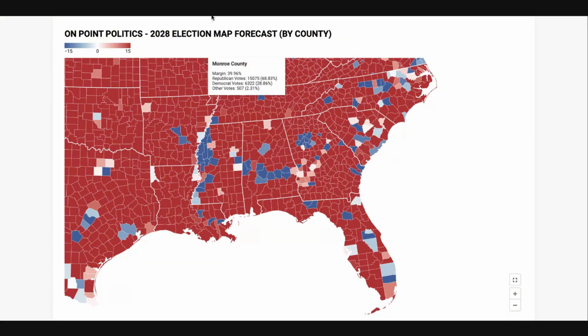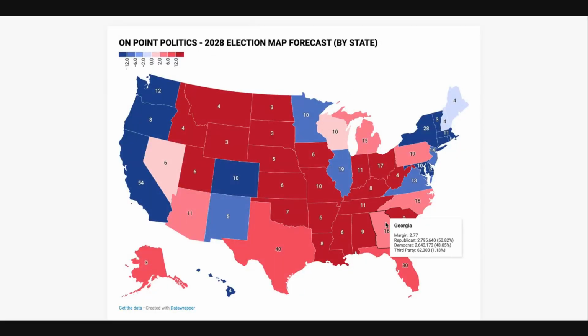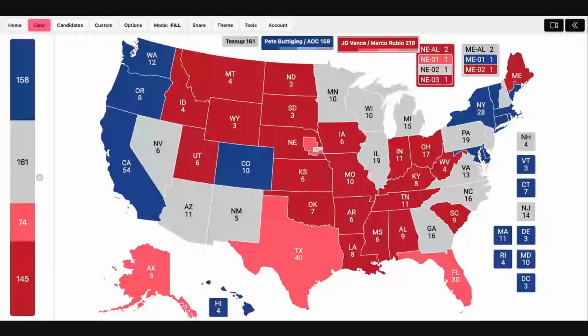And Vance actually has a slight improvement in the state of Georgia, believe it or not, of just about half a point there. And both candidates actually get more votes than they did in the last election. So it's just an increase in turnout that really determines that margin there. So that's really what you're seeing in the state of Florida and Texas, and comparing Florida's Duval with Georgia. That's really what you're getting there.